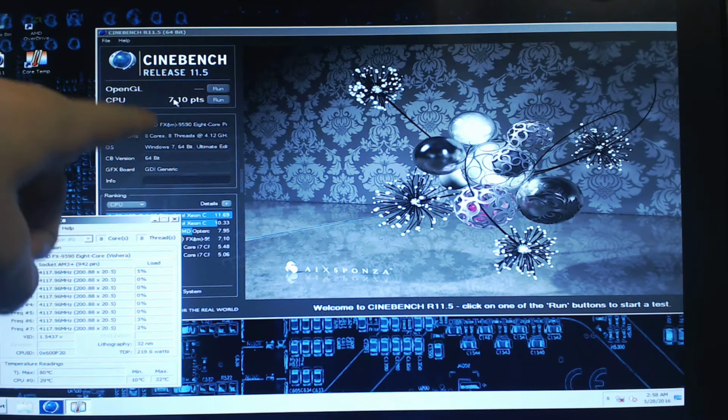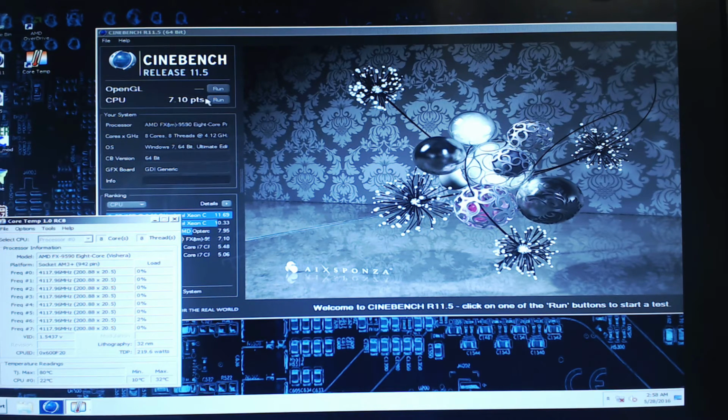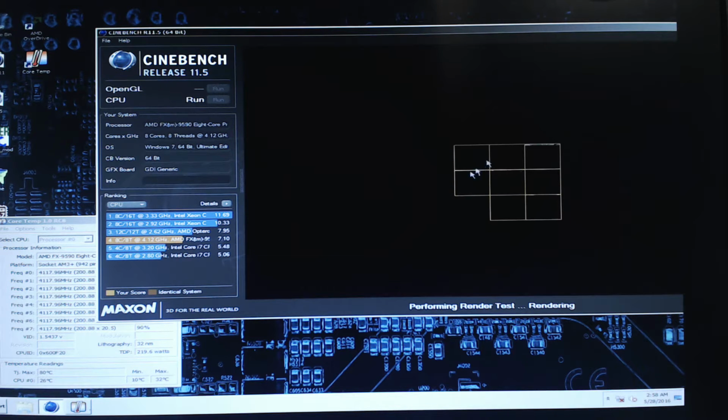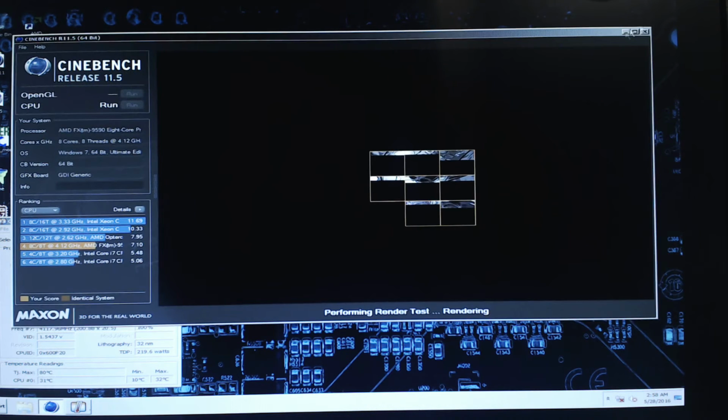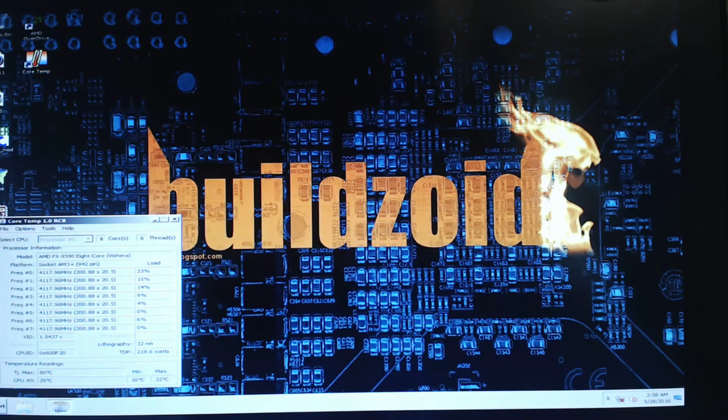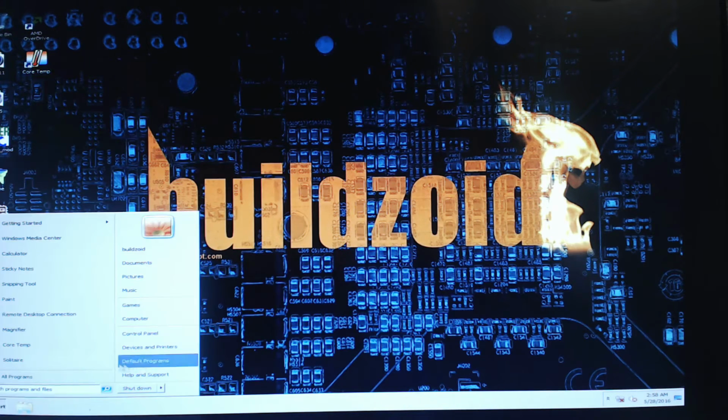Yeah, so now we've gone right over 7 at this point, and everything is still 32 degrees maximum temperature, so everything is nice and stable still, nice and cool. So we'll restart again and